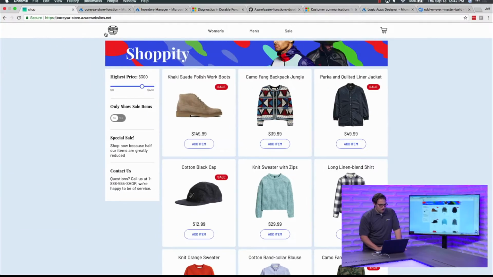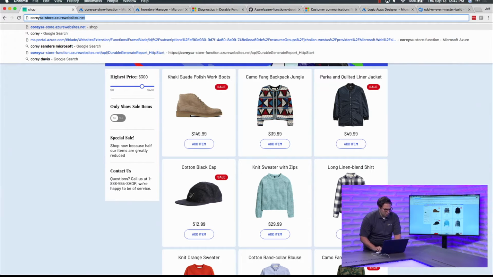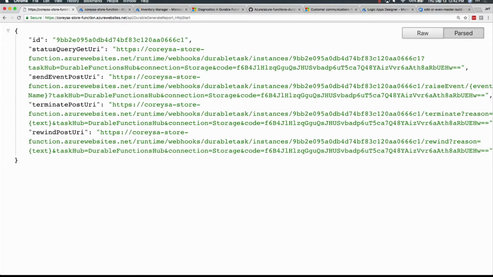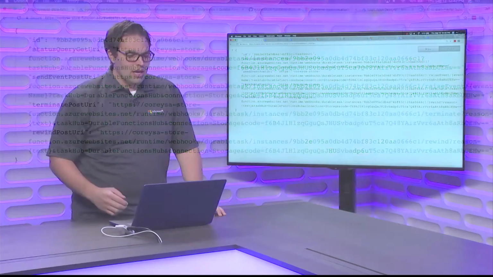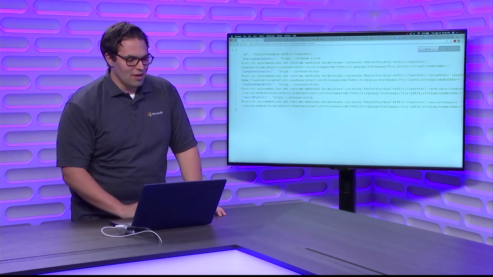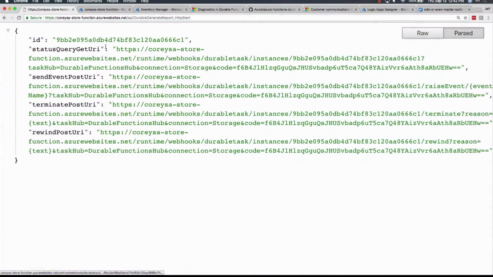So let's come back here to our store, and I've got here the function that I want to call. I have the HTTP endpoint right here, HTTP start. So we're going to kick off that function. I didn't call this out before when we were debugging it. You'll notice right away I got back a response. I'm not having to wait 2 hours for this thing to complete. The durable orchestration's kicked off. I'm going to talk too long, so I'm going to have to run this thing again because I want you to see it running. But it gives me back some things.